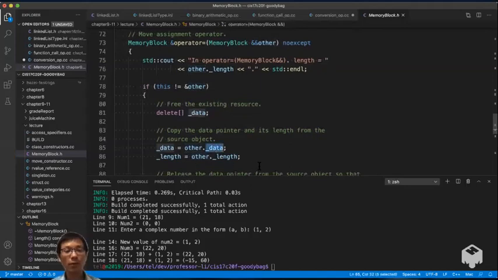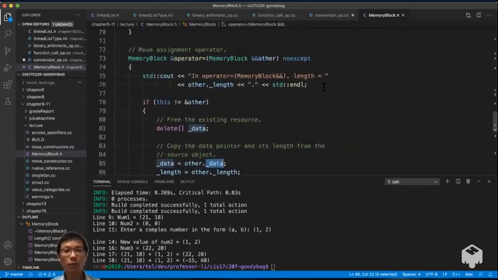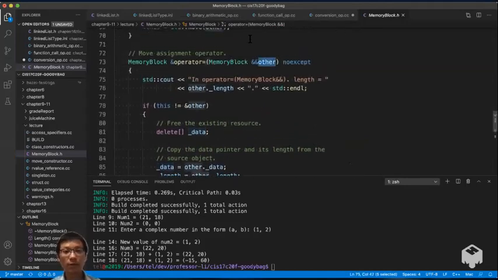We take over that pointer, which is the head of that memory buffer, an integer pointer. So this current object's data will point to that same location. But doing that is not going to be sufficient, because this other will go out